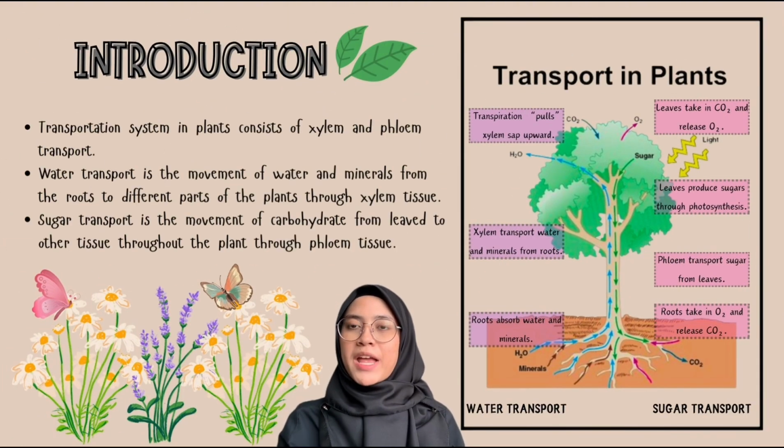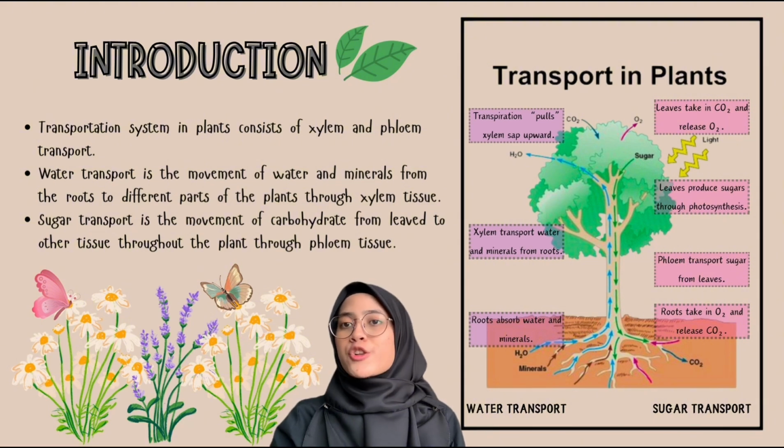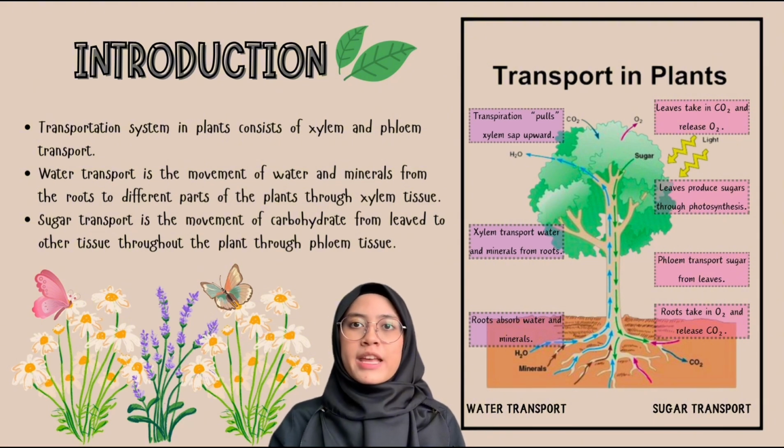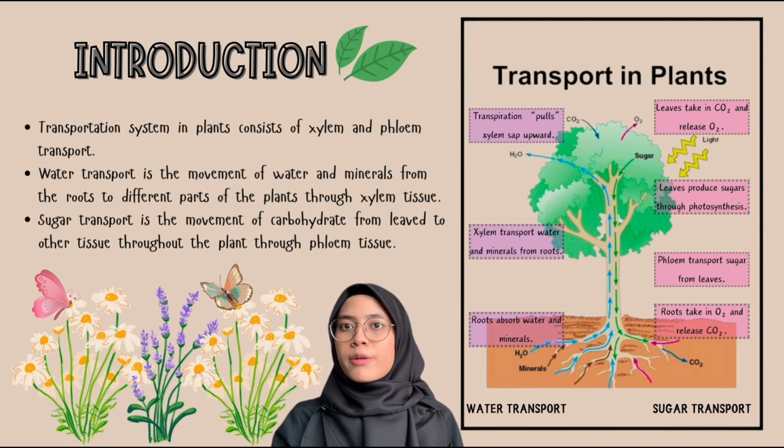The transportation system in plants consists of xylem and phloem transport. Water transport is the movement of water and minerals from the roots to the different parts of the plant through xylem tissue. Sugar transport is the movement of carbohydrates from the leaf to the other tissues throughout the plant through